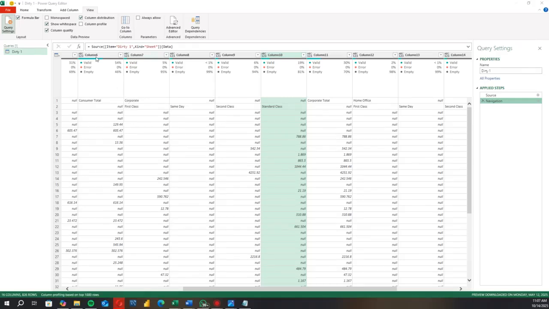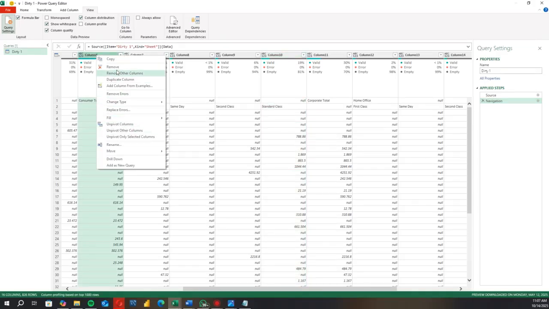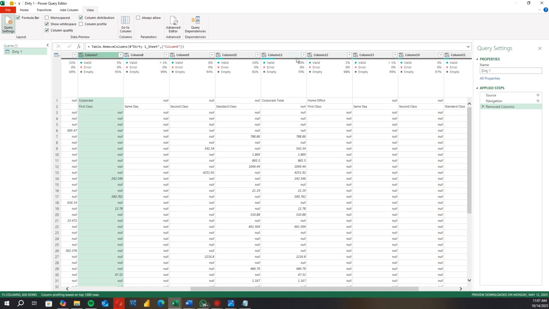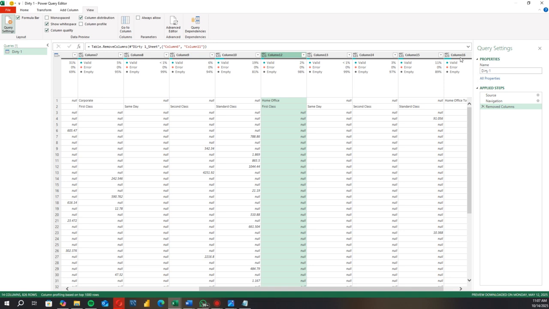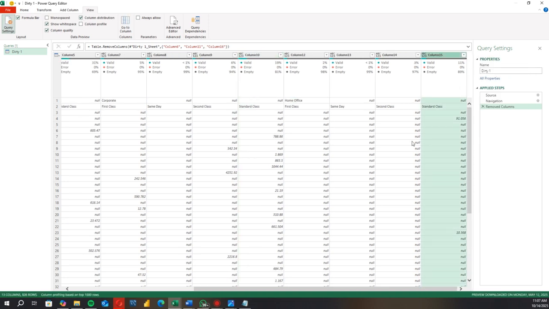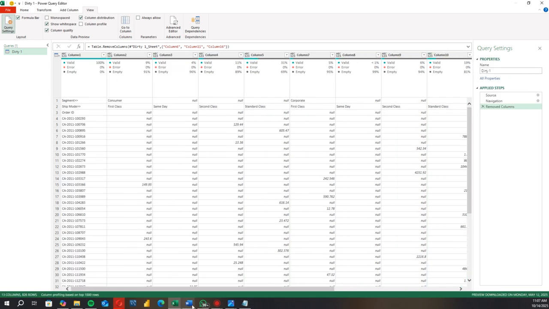Consumer total out, then corporate total out, then home office total out. There it is. Then after that,